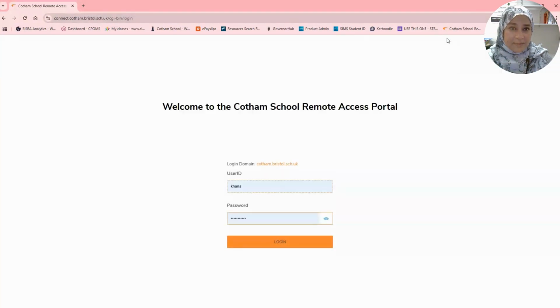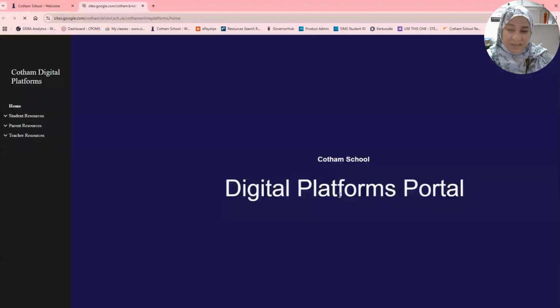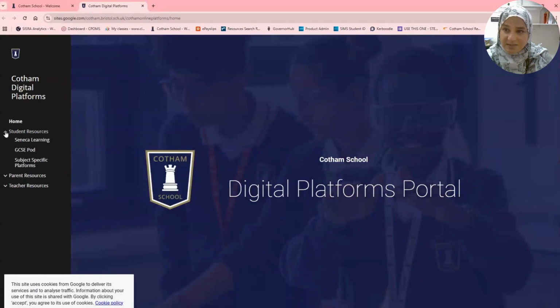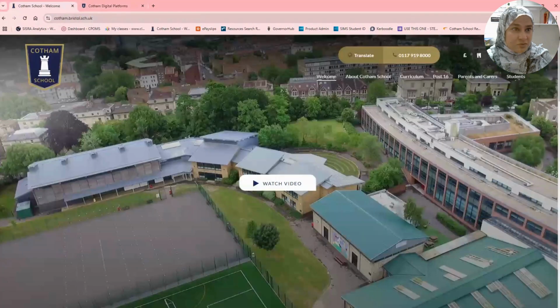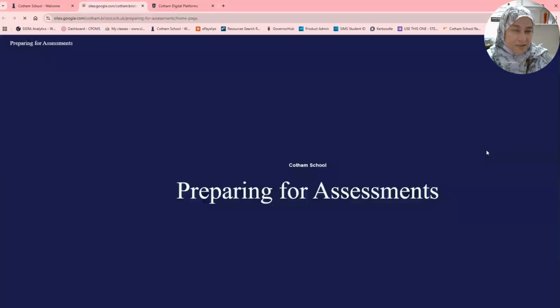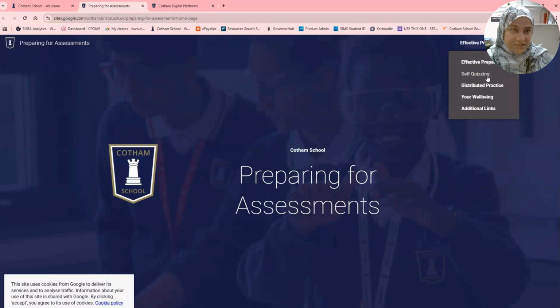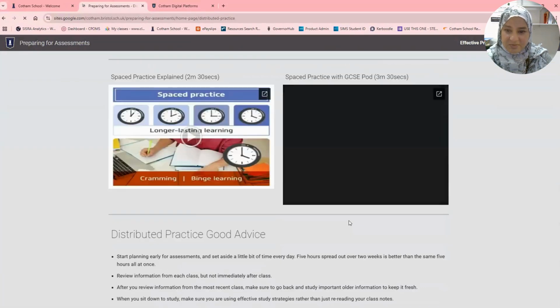Also, on the school website, if you go on to students, digital learning platforms, there's some student support and there's parent support for the different learning platforms, and there's also teacher resources there too. You will also find, if you go to preparation for assessments, a whole section on self-quizzing and distributed practice. And within the distributed practice section,